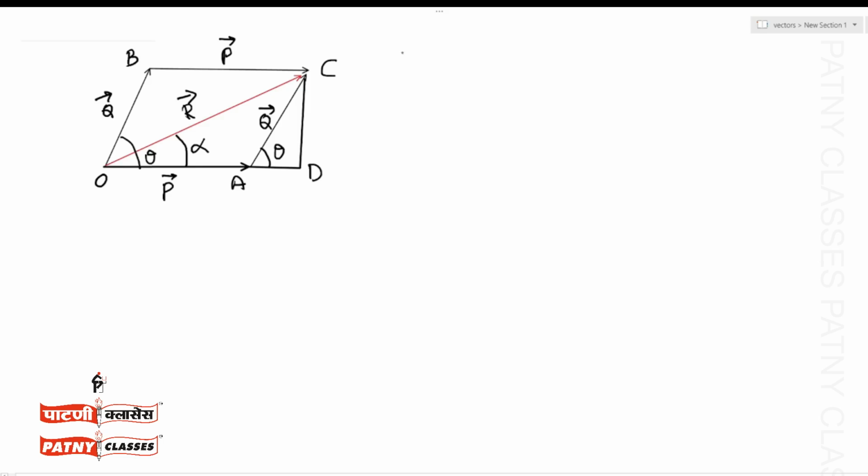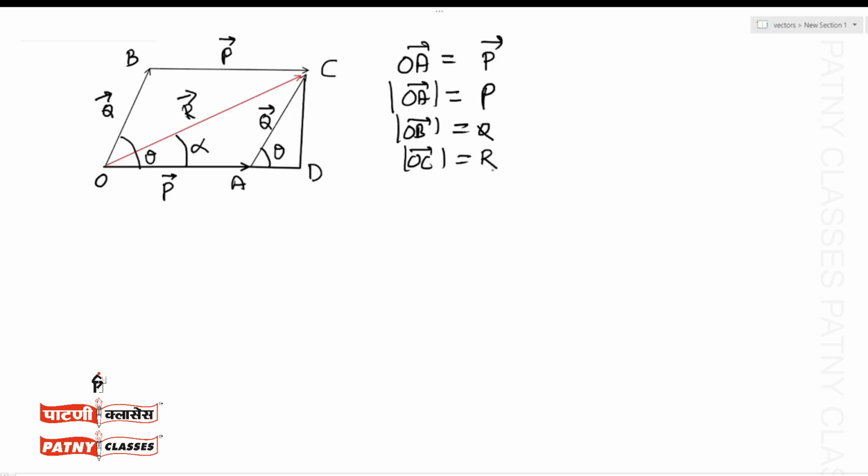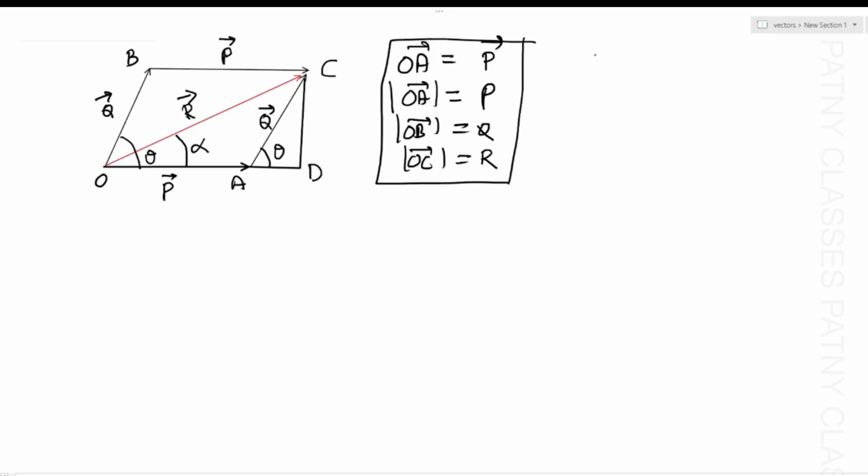First of all, I want to make clear that vector OA equals vector P. Therefore, the magnitude of vector OA equals P. Similarly, the magnitude of vector OB equals Q, and the magnitude of vector OC equals R. We are going to consider the physical lengths of all these three vectors in terms of their magnitudes. So this is point number 1, and now in point number 2 I want to consider the triangle here,